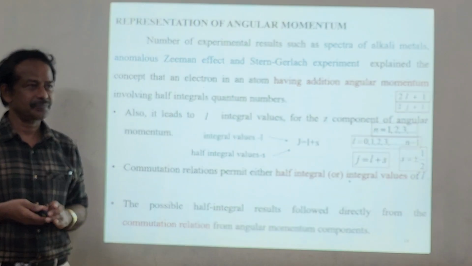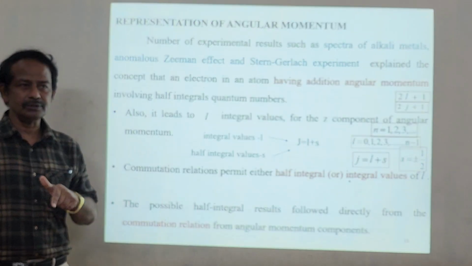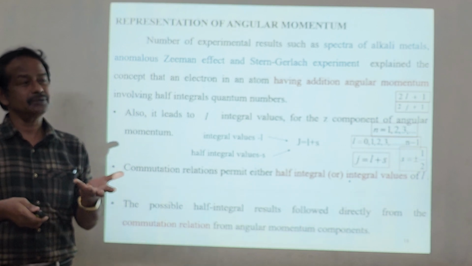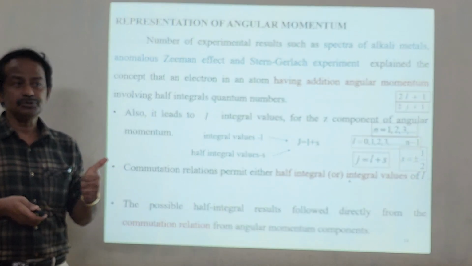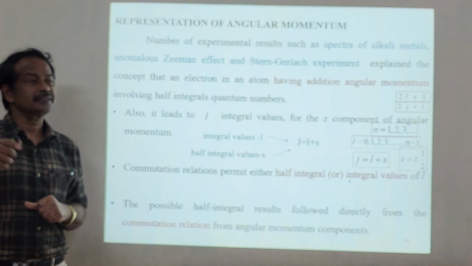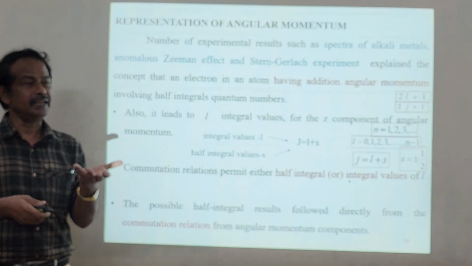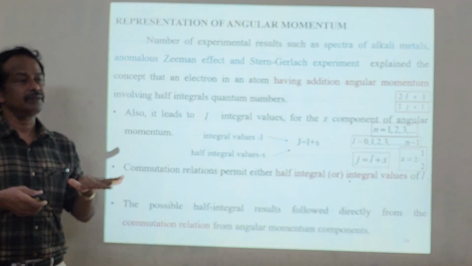If we want to find out the total angular momentum values, I have to use the formula 2L plus 1. For example, if we are going to apply the magnetic field for the spectrum,